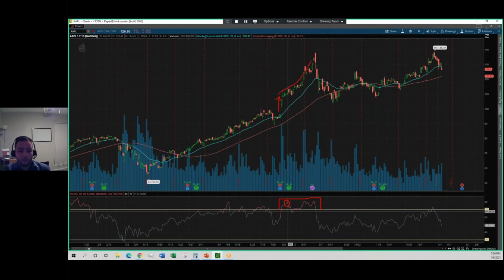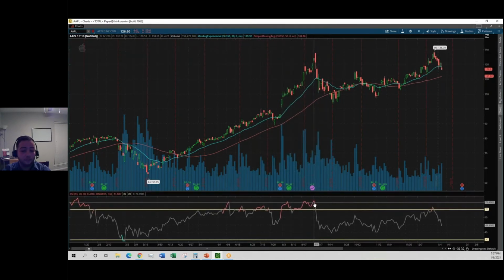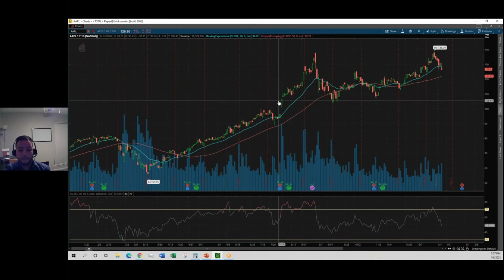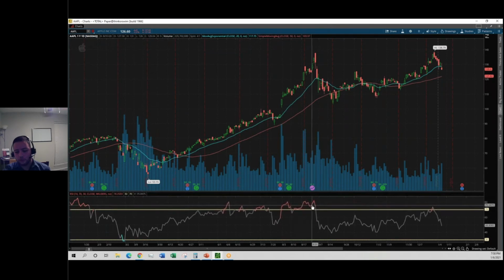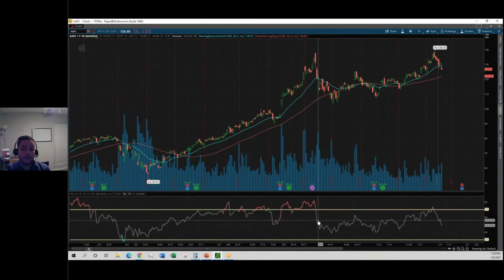So the momentum starts to pick up. Apple flies from 105 pretty much all the way up to almost 140, and you see that the readings kept on the overbought zone. But if you would have bought puts, you would have lost money. If you would have shorted the stock, you would have gotten crushed just playing that contrarian. And the premise is, on strong trends, be very careful trying to play contrarian because you may get hurt. Okay, you just want to wait for the first indication that the line breaches below 70